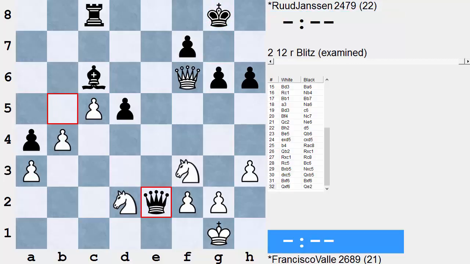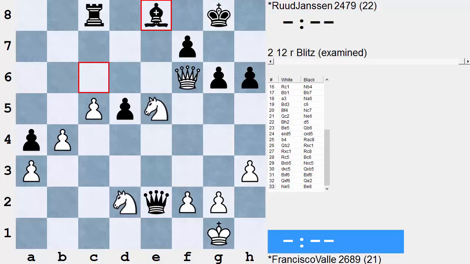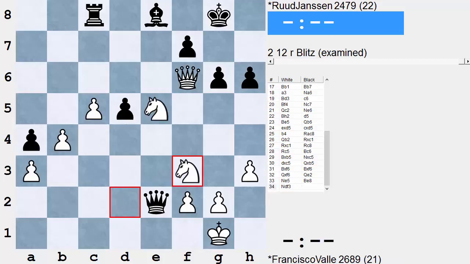The game continued as follows. Black tries to go active. He attacks f7, forcing bishop e8. And now white masses his knights towards the black king. So black is confronted with the prospect of c6 and